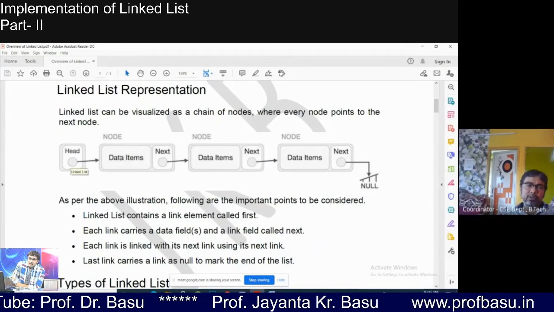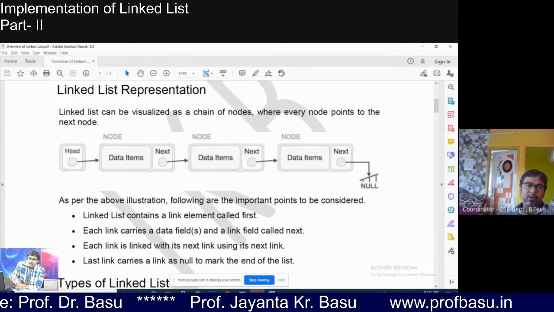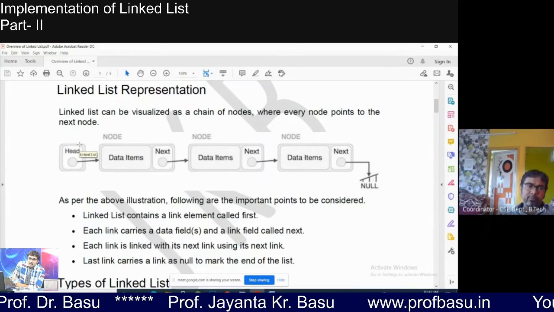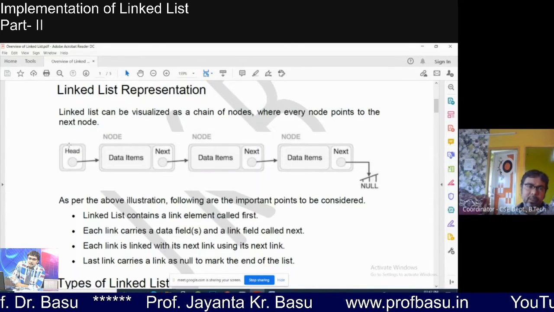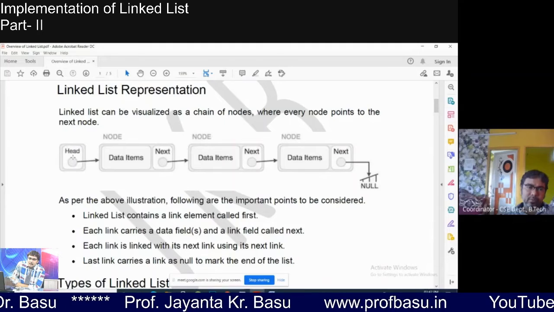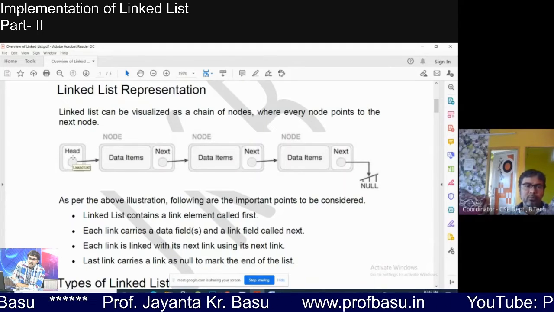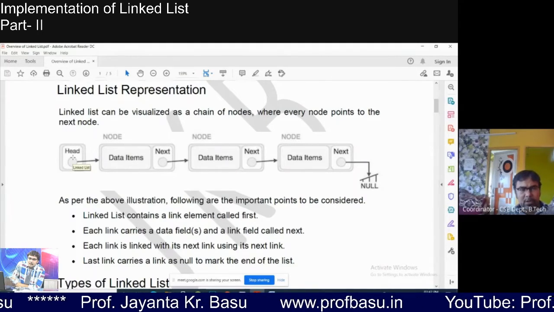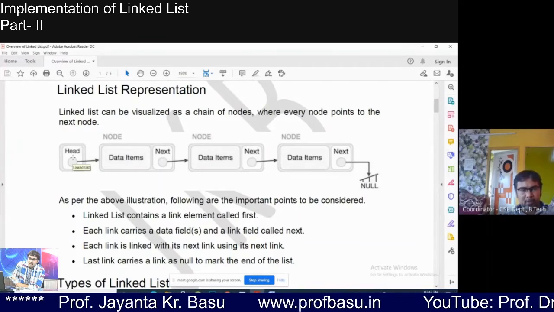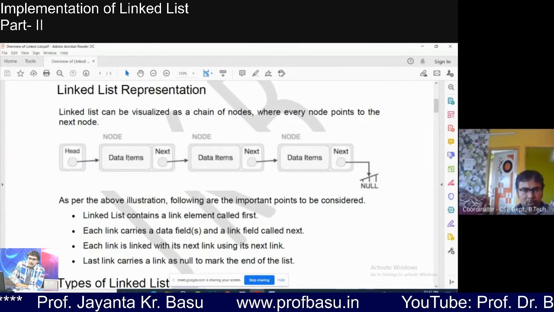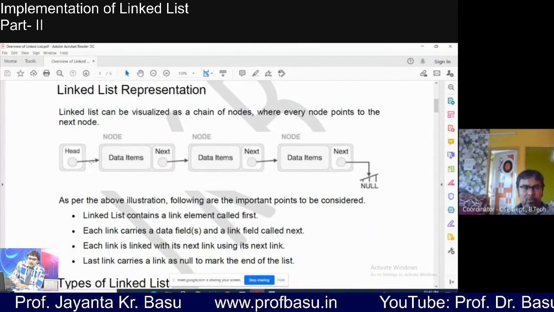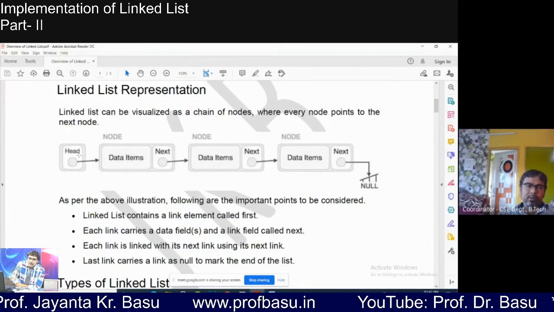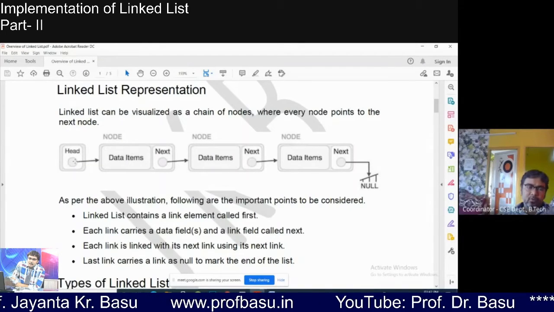I told you these are two different things. This head or root, in the program we have given the name root, not head. You can give the name head also, but most of the books follow the term root. That's why I have given the name root in my code. So this root and the root node are two different things.